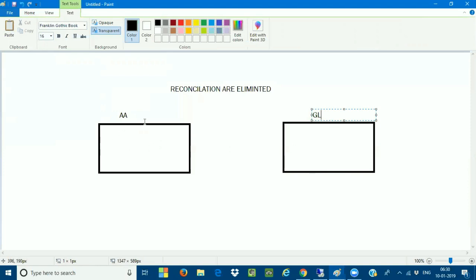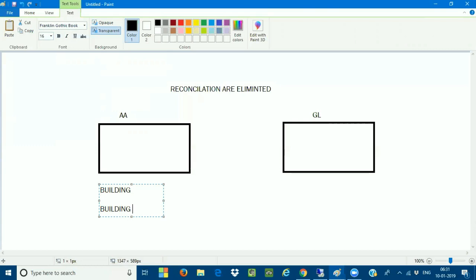Now, when I'm treating it as a separate module, asset accounting is related to fixed assets, like depreciation posting, accumulated depreciation posting, everything. All these transactions get posted in my asset accounting. For example, I want to acquire a building. Today I want to purchase a building from a vendor. When I'm acquiring a building from the vendor, what is happening? My building is getting debited. My building is nothing but your asset here.